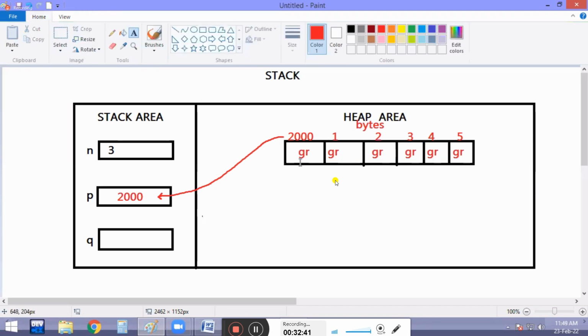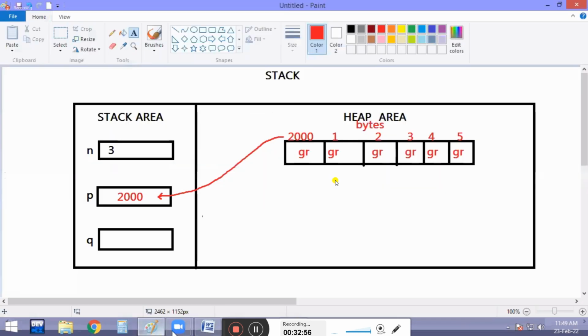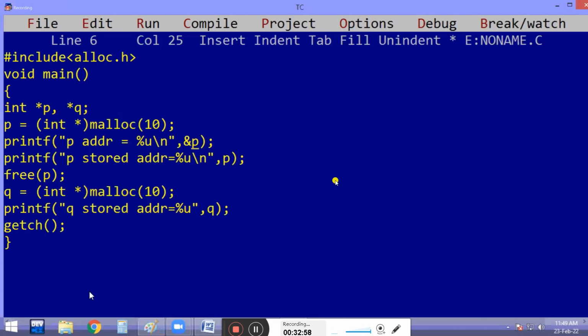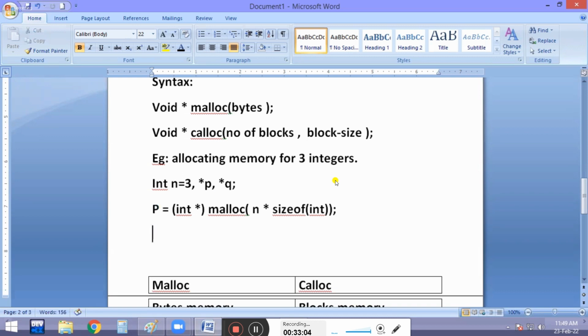And next, watch it. One minute, everybody. How many bytes are there? 6 bytes. And the first address is 2000, no? That is stored in pointer P. Why? Because I have given the program like this: P equal to, see that? I have given the program like that. In the program, what did I say, guys? P equal to int star malloc. This time, watch it, guys. Q equal to, everybody observe it. Q equal to,